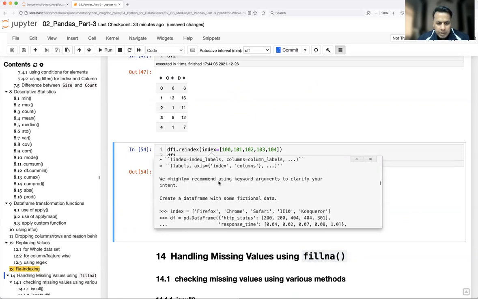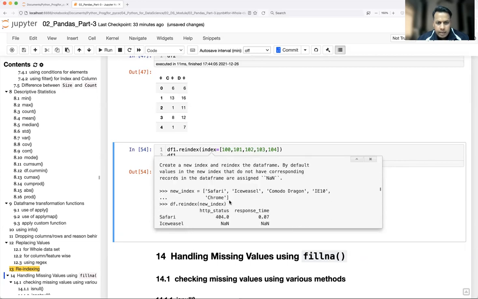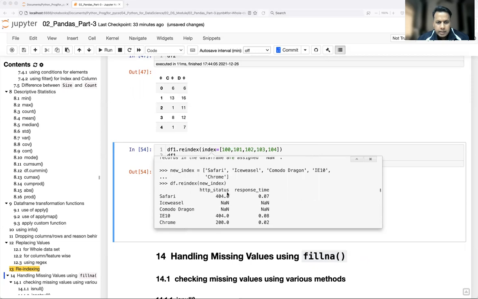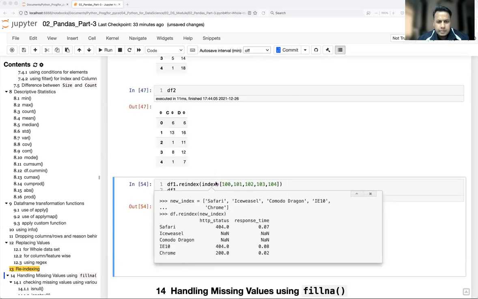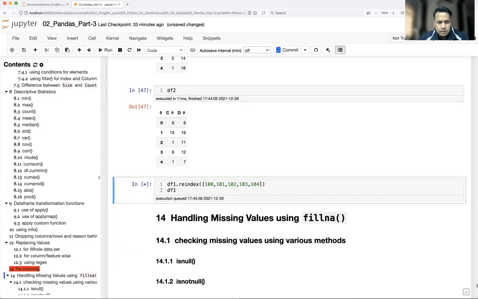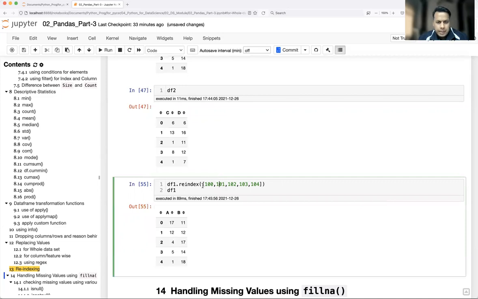Let's see one example here, how they are doing it. So this is reindex, new index.